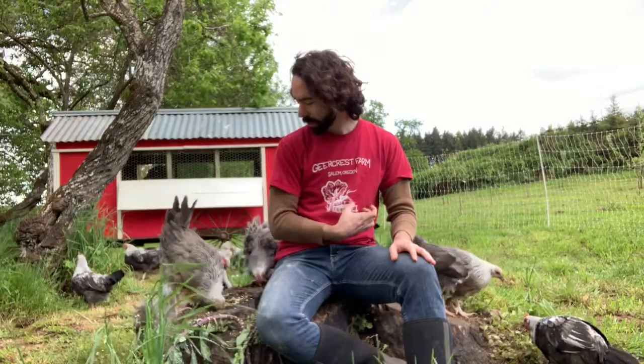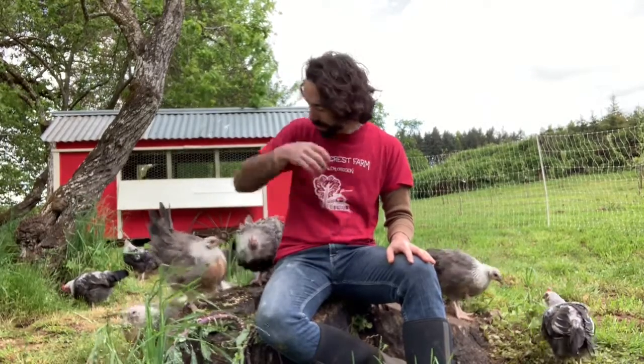So one of the important things that we have to remember is that chickens don't have teeth. Whereas the goats and the sheep are going to go out and graze, store all that food in their rumen, send it back up and chew it again, chickens don't have that luxury. So instead, they're going to go around and eat, and all that food is going to go to their crop, which is essentially just like an extension of the esophagus that sits